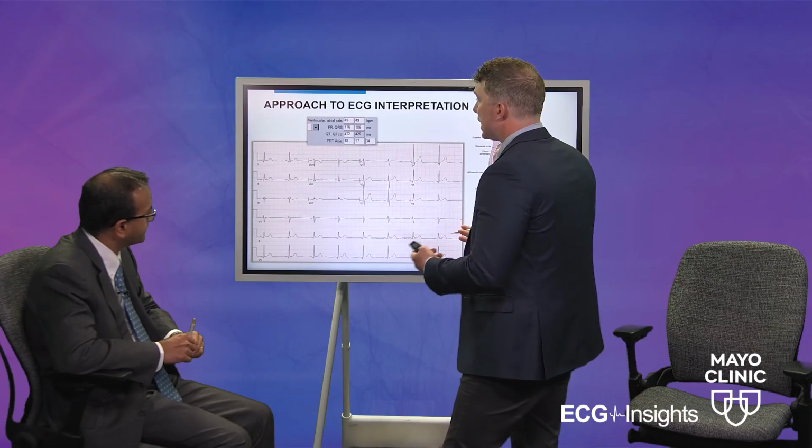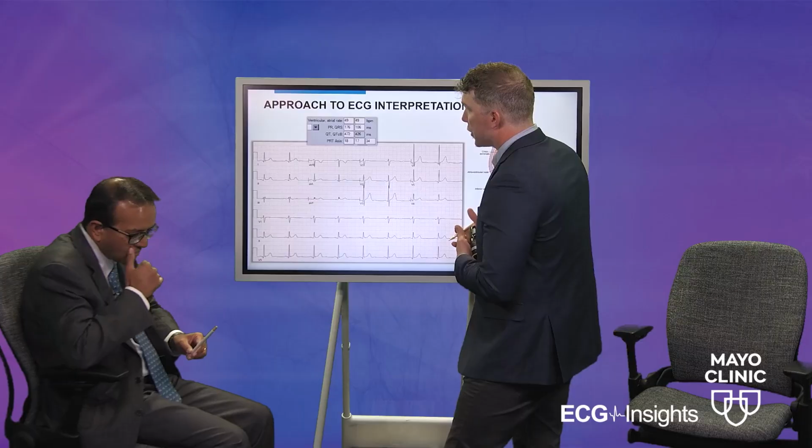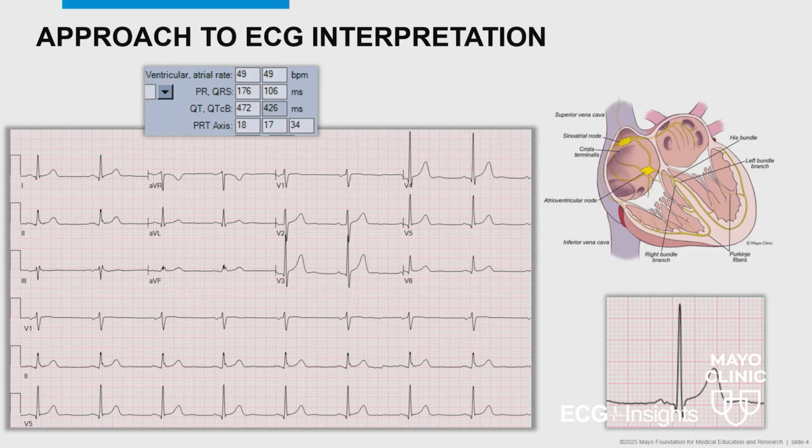One of the approaches that I like to take when we're walking through education of our technical staff is first starting out here in lead 1, because when you are brand new to analyzing a 12-lead ECG, your eyes tend to gravitate towards the middle, even starting here in V1. So I like to start in the upper left-hand corner, with lead 1 and also AVL. Those are your high lateral contiguous leads that work together. You then have leads 2, 3, and AVF, which are your inferior leads. Those are your contiguous leads.